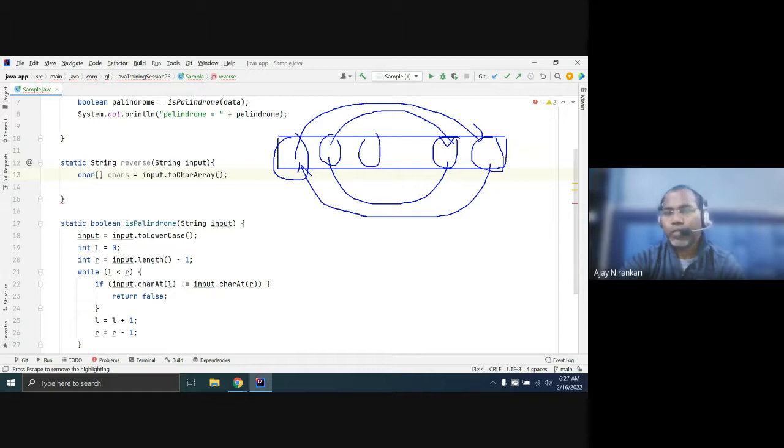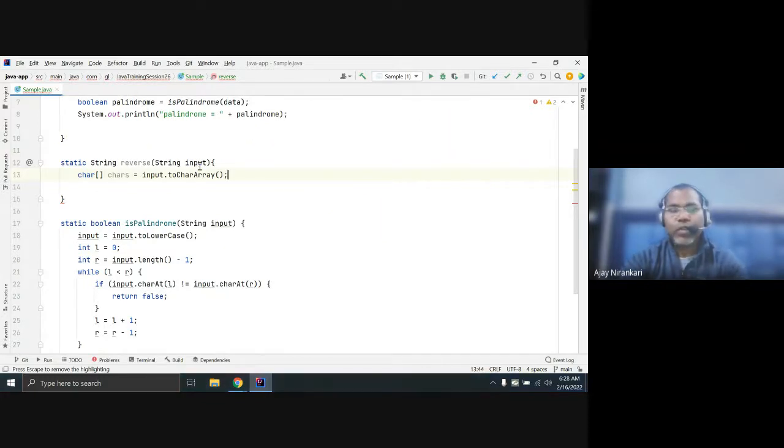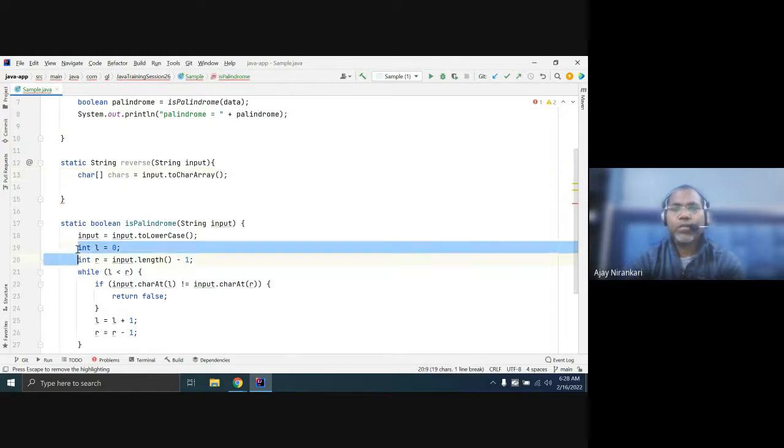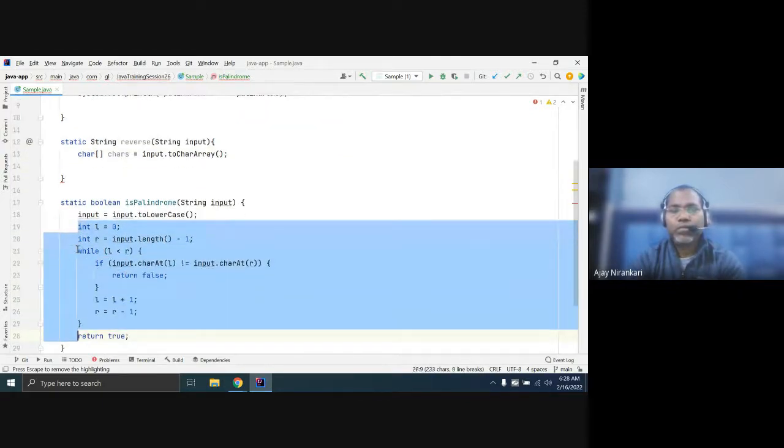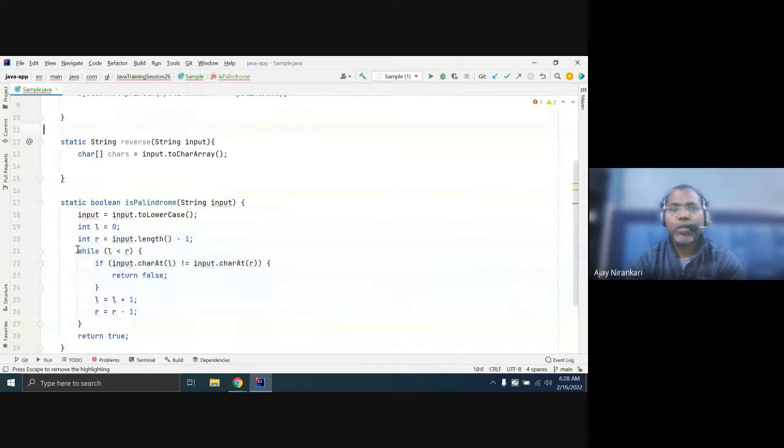Again swap. In this way, whenever you go to the half of your length, your input string will be reversed. Whatever the array you have, maybe int array, string array, anything, right? So in the case of our input string, the same logic, whatever you have written, the same logic is needed here.